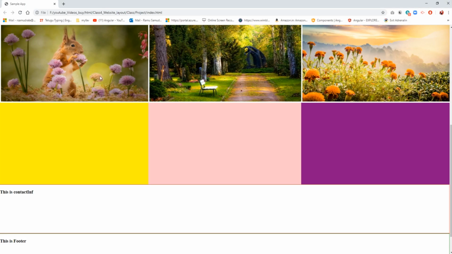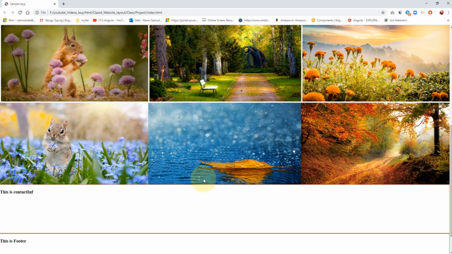Let's see. Yeah, okay, these 3 images have equal space at the top. Okay, so in between these images we should make sure there is some equal space. Okay, so now